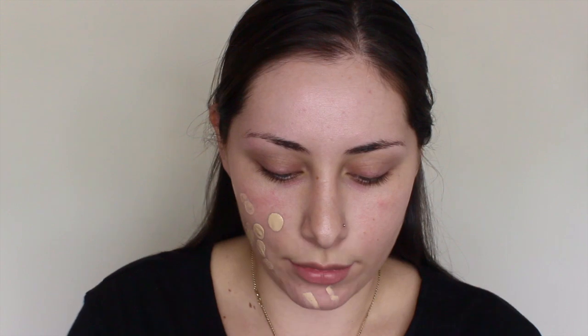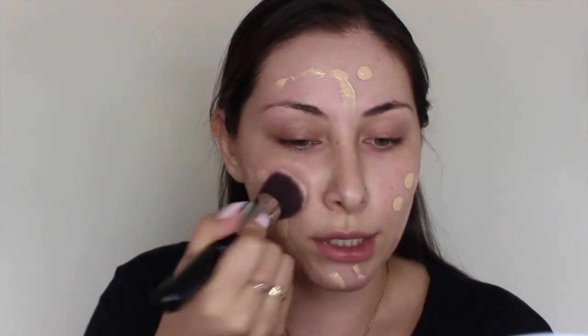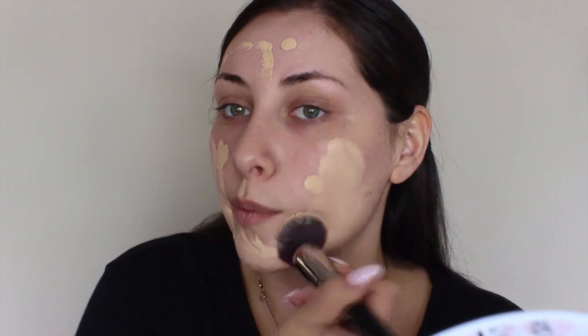For foundation, I am using the Huda Beauty foundation, and I've been loving it because I'm a full coverage beezy. And I'm taking the Sigma Flat Kabuki brush and I'm just stippling the foundation into my skin. Now with my beauty blender, I'm just gonna blend it out. Do you see me? I look crazy. And keep in mind, I don't mind wearing a full coverage every day,